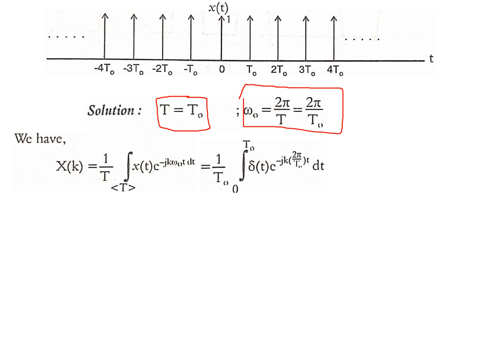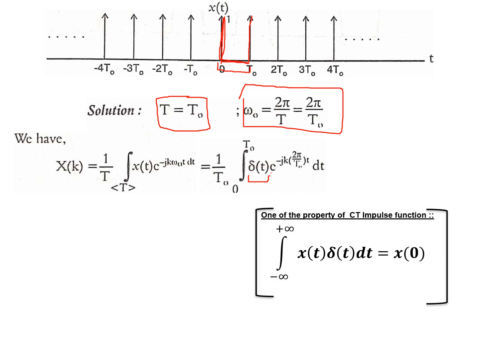Now how to get this integral? You know the impulse occurs only once from 0 to t naught. That is, this is the signal, then up to t naught there is no signal, then again one more signal occurs. So for all this duration, the signal occurred only at t is equal to 0. At t is equal to 0 it is 1, otherwise it is 0. That means this product will be 0 everywhere in the time period except at t is equal to 0. Therefore now I am making use of one important property of impulse.